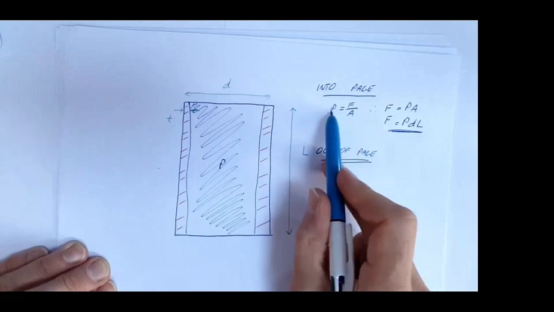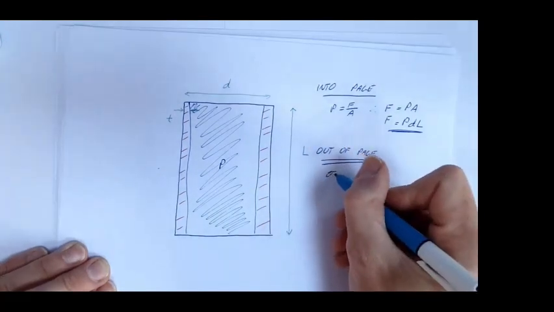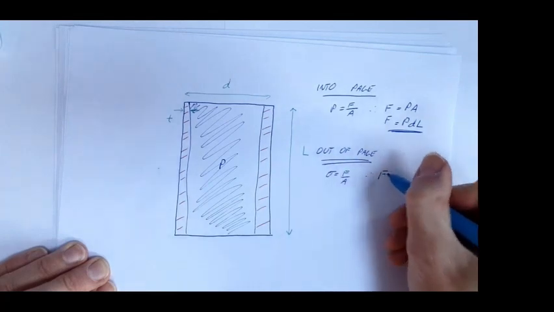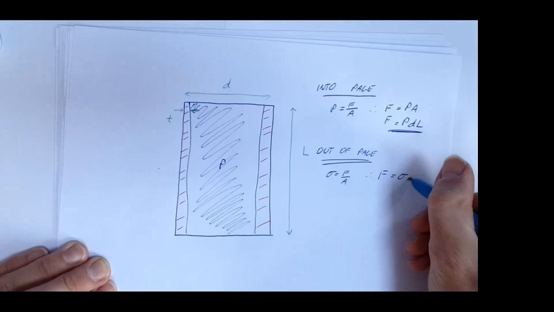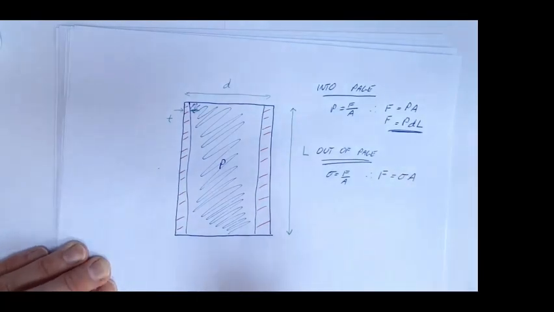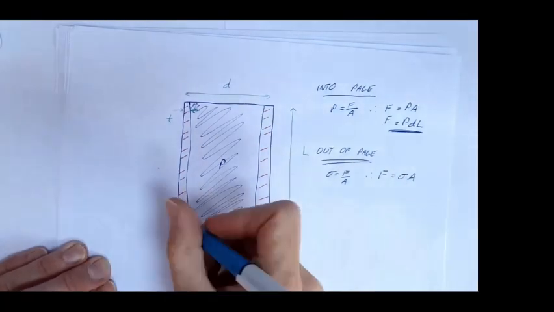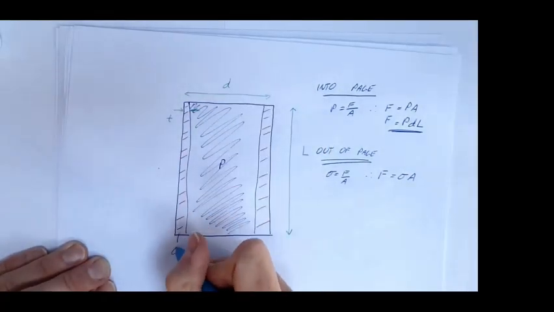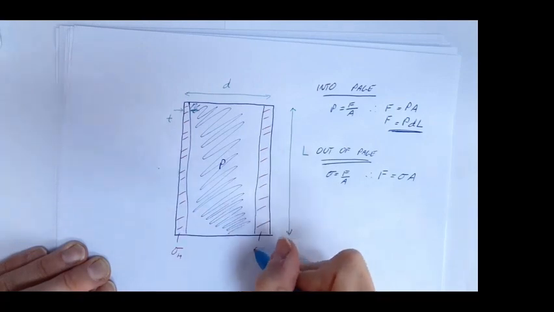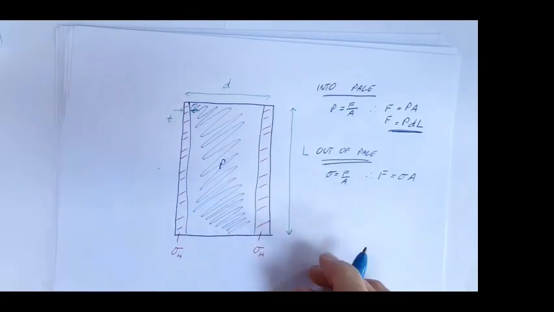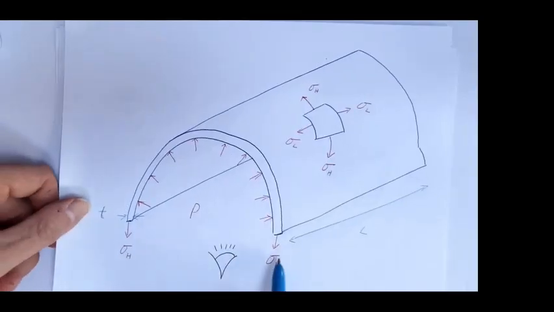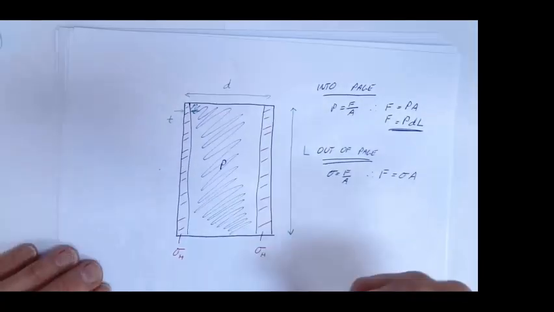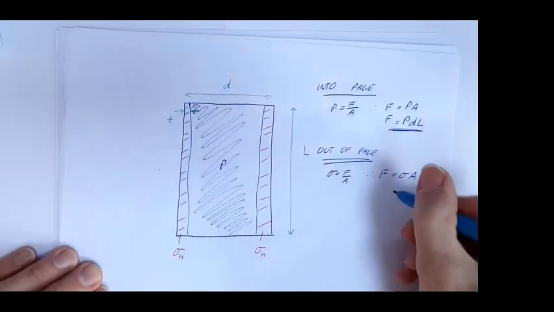Well, we know pressure is force over area. We also know stress is force over area. So therefore the force out of the page is simply going to be stress times by area. Now, the stress on these red surfaces, we're calling sigma h, the hoop stresses. Looking back at our diagram, it's our hoop stresses which are acting on those surfaces that we've cut through. So my stress, sigma h,